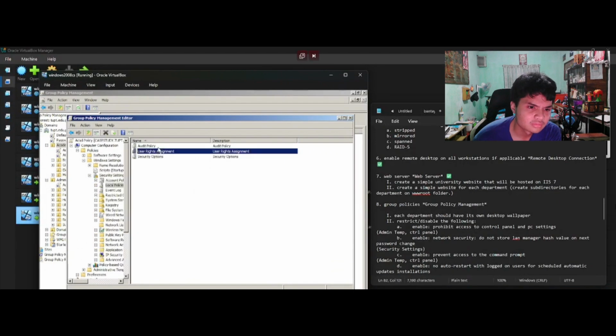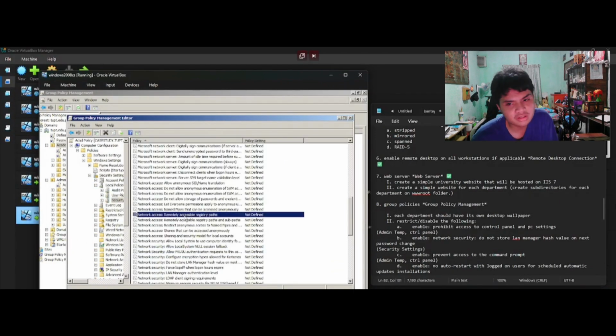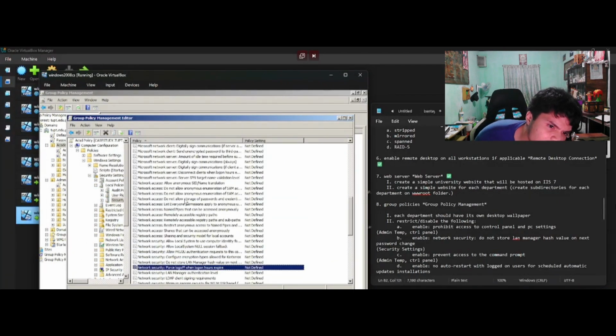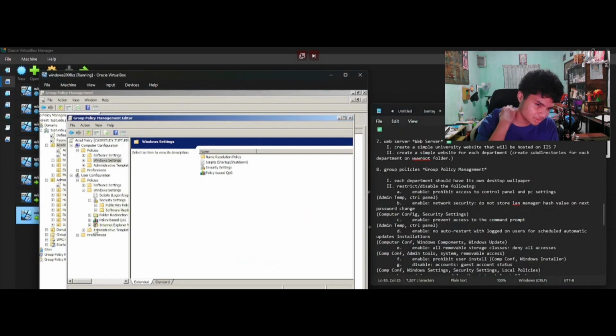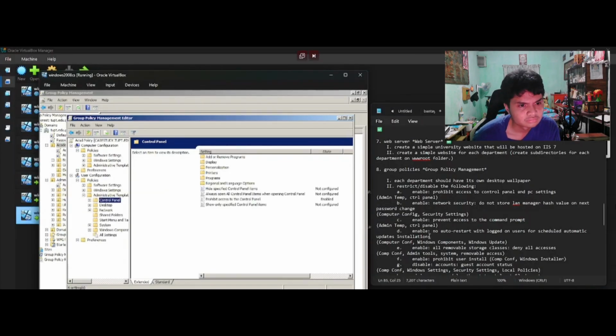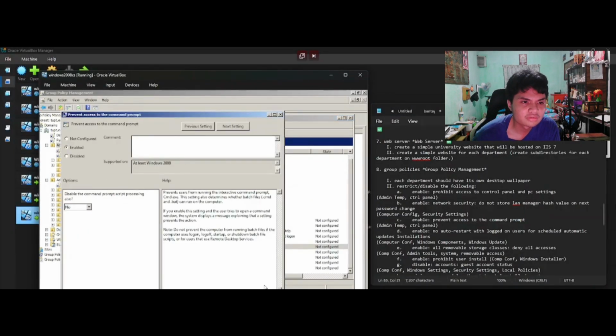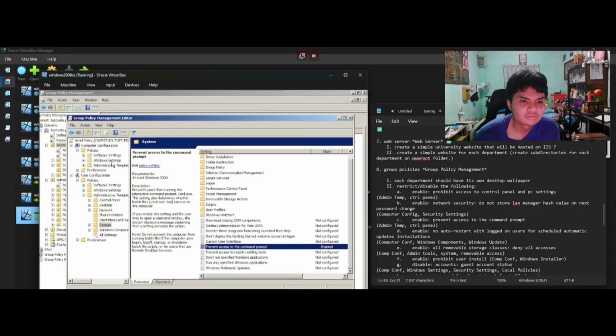Security. Go to user rights. You need to take the network access and then turn it off, enable it so you can store to the LAN and such. Control panel enabled.